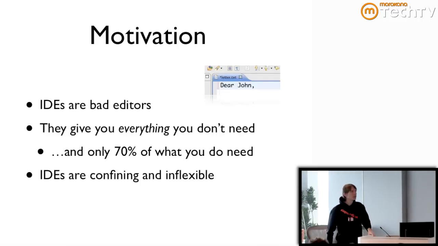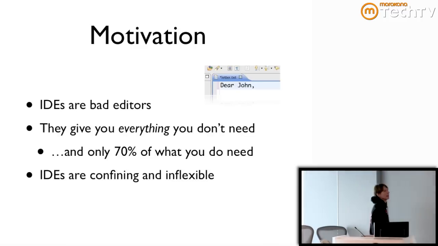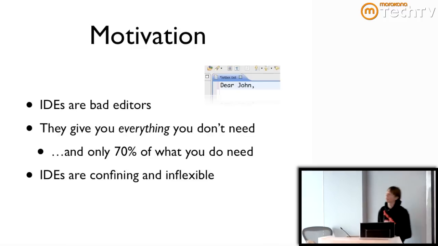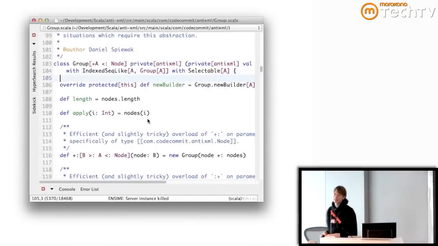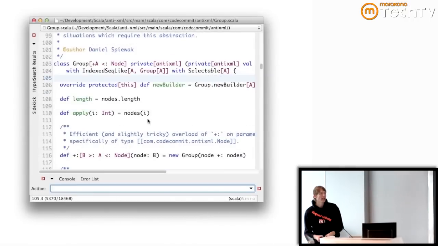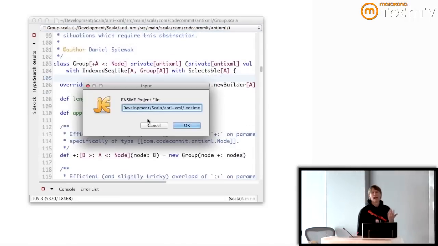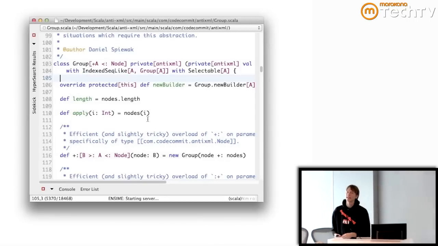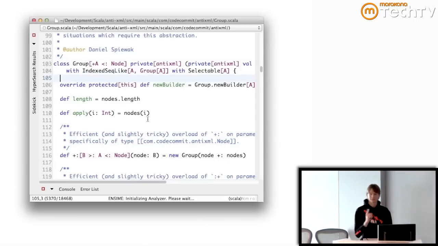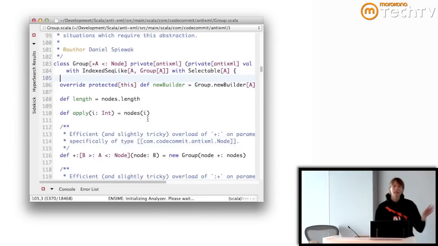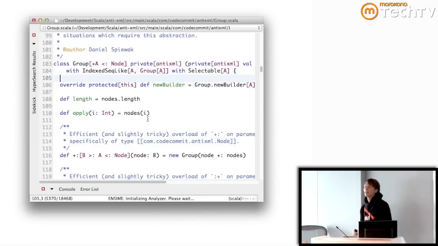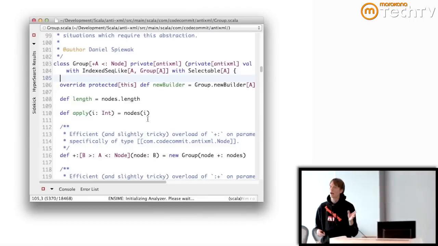So actions speak louder than words, and I think screencasts speak louder than actions. So here's a screencast showing ENSIME in action inside JEdit. I'm using JEdit because this is just my editor of choice, right? ENSIME was built specifically to work with Emacs, but it is editor agnostic, which is a point I'm going to hammer home later. So basically what I'm doing here is I am starting the ENSIME instance as a sub-process underneath